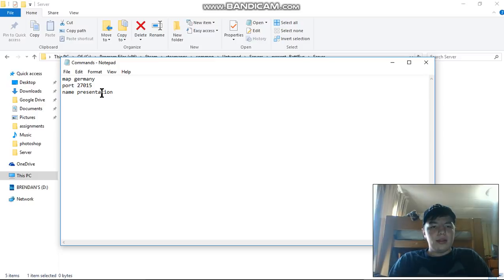Now I'm going to do my own personal stuff. You can change the modes, that's like the difficulty. And I'm going to go easy because I'm not very good at this game. Next you can do max players. Max players, the default is 8, so if you don't put that in, it doesn't matter. It's just going to be 8. So max players,